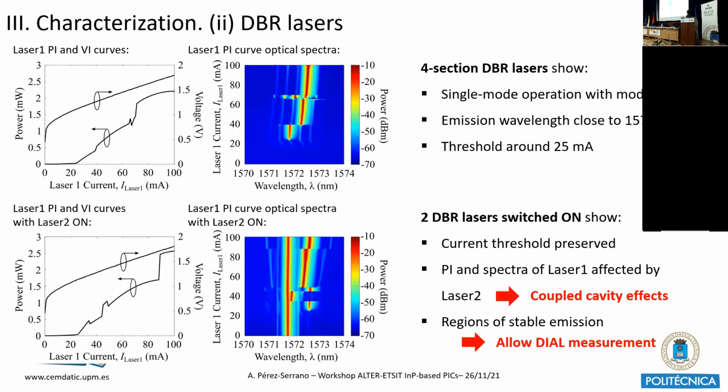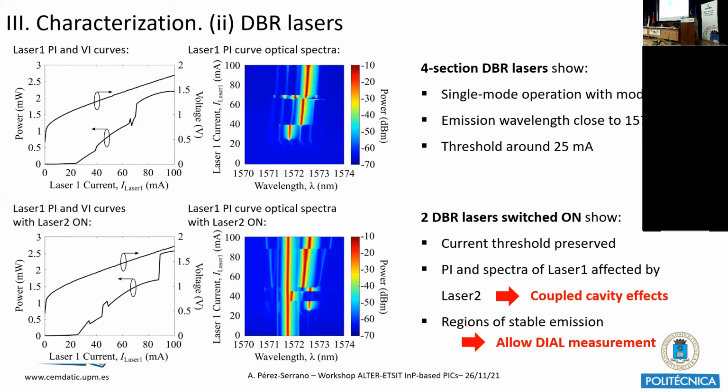For example, in this case, we have laser 1 and laser 2. You can see the voltage-current characteristic is the same, but here in the spectra, on the left side is the laser 2 spectra, while this is the laser 1 spectra. The PI curve has changed, and also the emission spectra of this